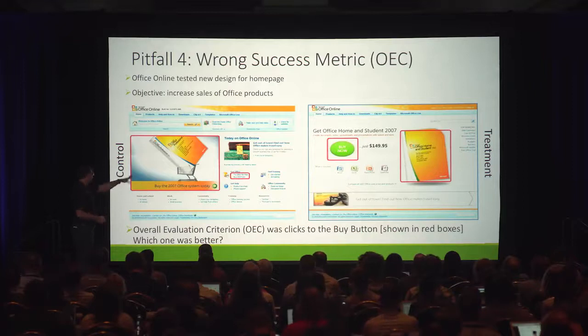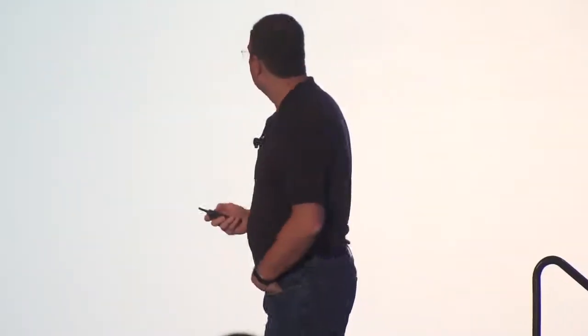And the OEC was clicks on the buy button, which is related to these red boxes. Okay, what happened? Treatment had a drop of 64%. Okay, what happens when you see that? You go, Twyman's law. Something is wrong. That should not have happened. Nothing dropped 64%. The reason is